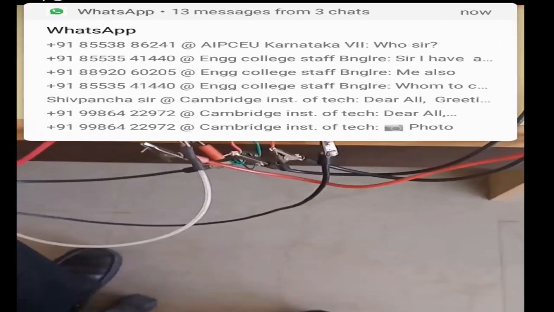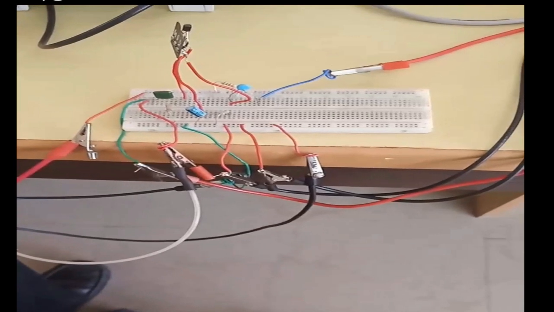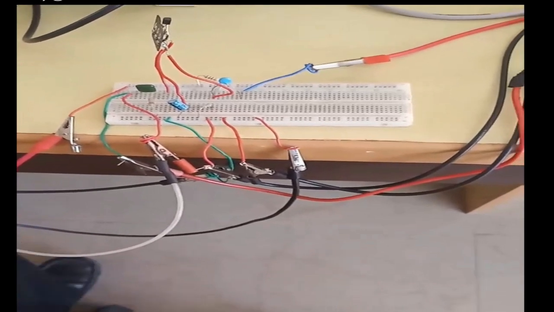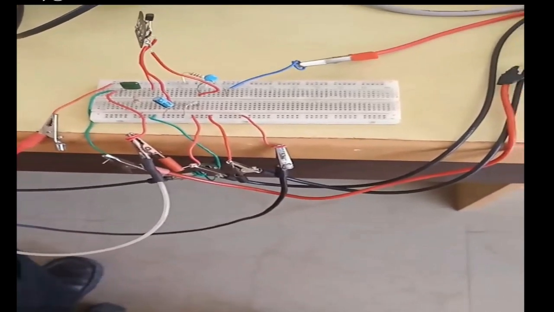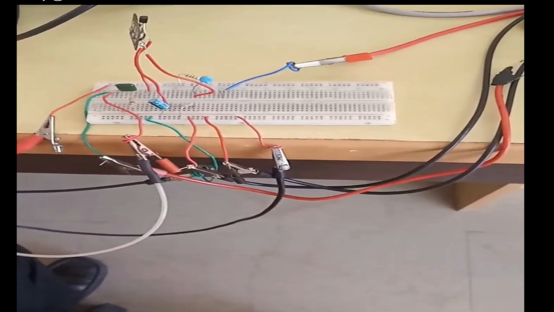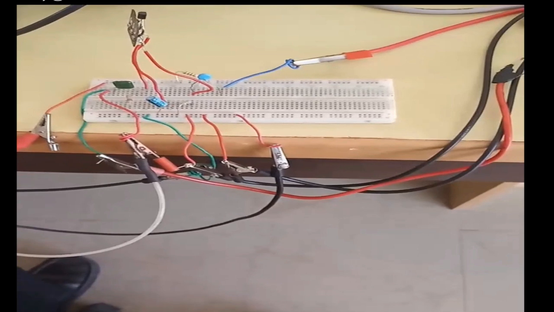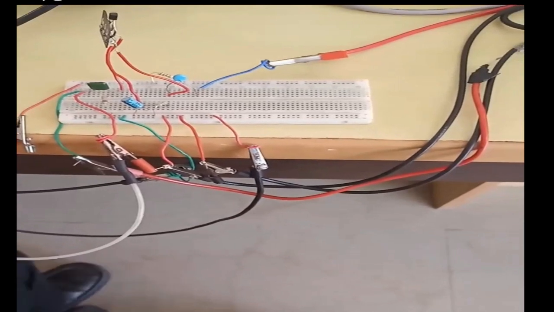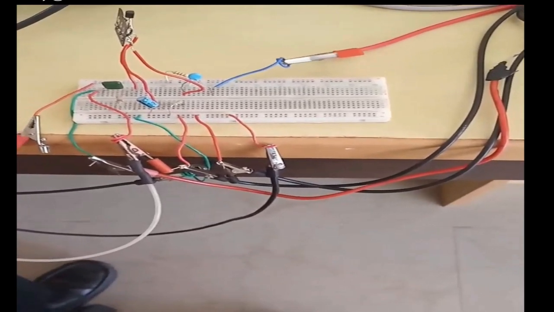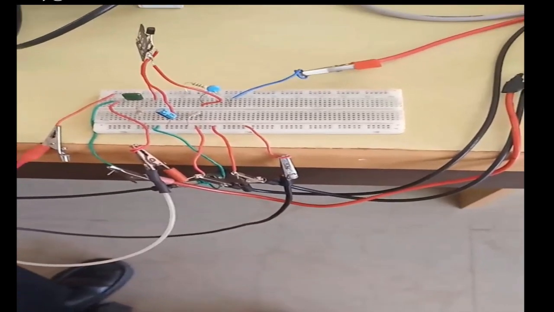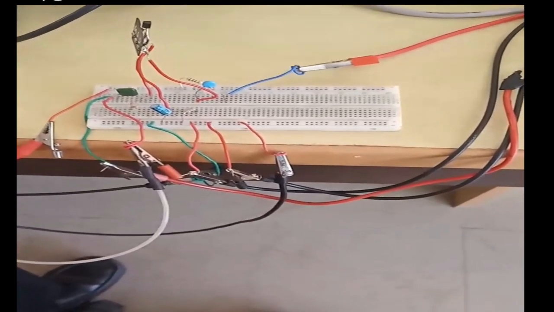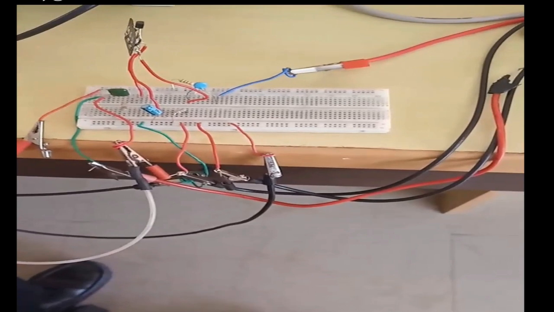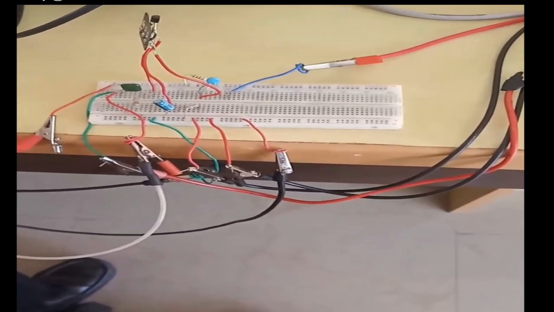First, we have to set the frequency at the midband. Midband means the frequency or frequencies over which the amplitude remains constant. Those frequency components are called midband frequency components. Let us choose one frequency component which is appearing in the midband where the amplitude remains constant. Now in the signal generator, initially we will set the midband frequency and give the input signal maximum. Let us see the output.